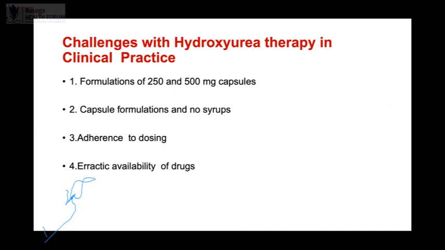There's a problem with adherence, especially in the young adults and adolescents. They actually don't want to take the hydroxyurea, and you can see them deteriorating. So please counsel them about adherence. And the big elephant in the room, of course, is the availability of drugs. Patients have to buy these drugs out of pocket, and sometimes that affects adherence.